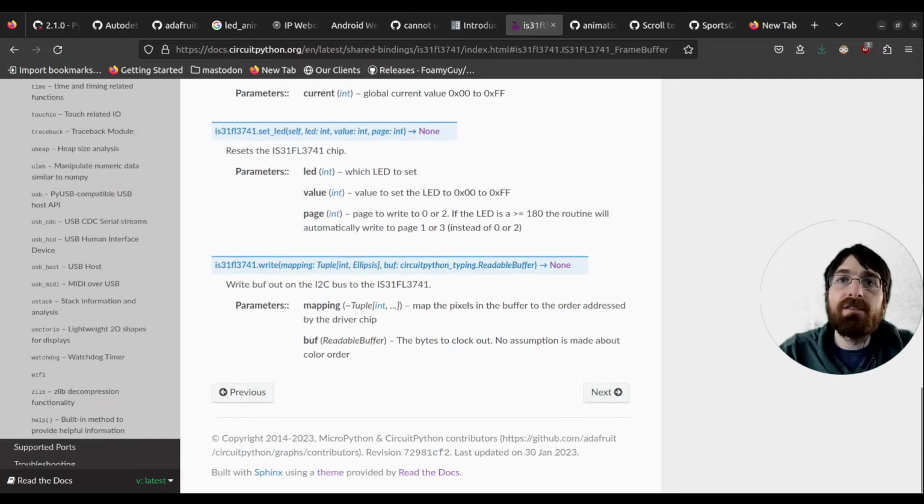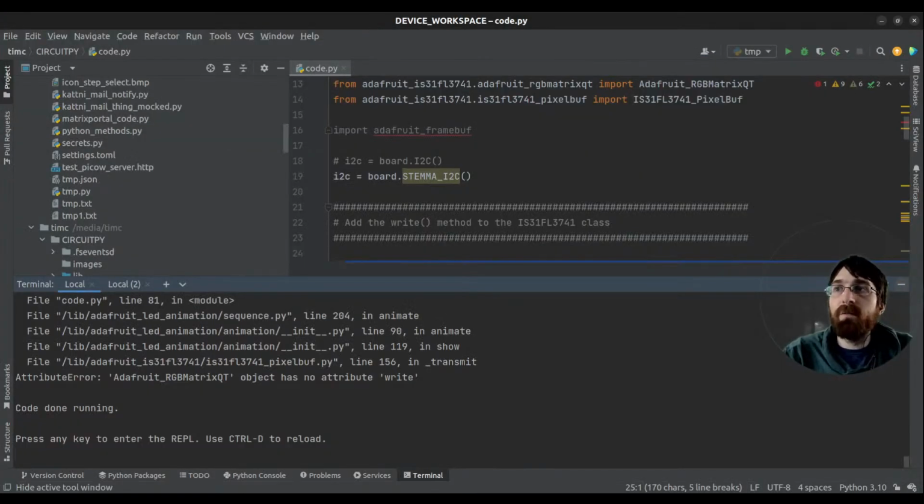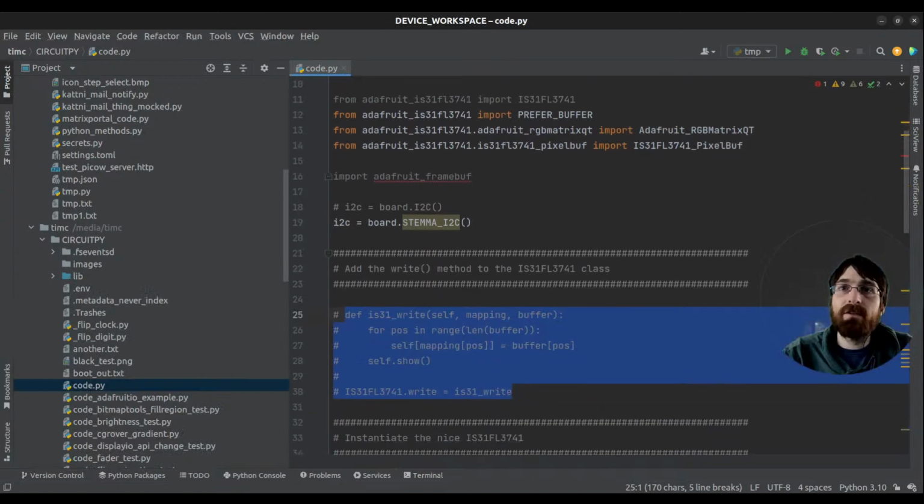this one has a function called write, which takes a mapping and a buffer. Write the buffer on the I2C bus to the driver chip. Map the pixels to the buffer in the order addressed by the driver chip. So if our Python implementation had that same function, which Niradoc has kindly written for us here,